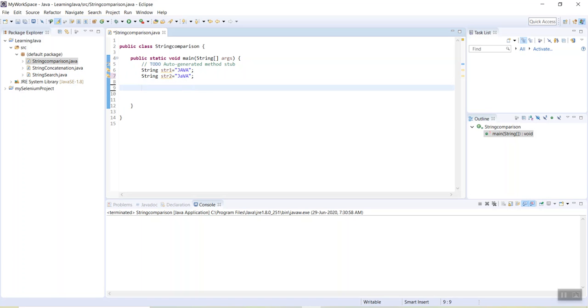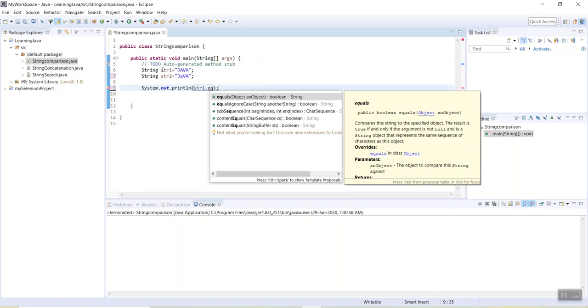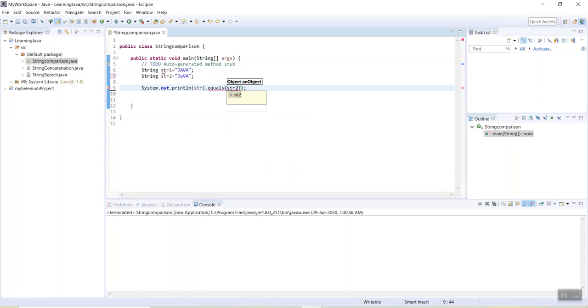So if I try to perform them, if I write something like this, string one dot equals string 2, the output in this case will be false, right? The reason is because there is a difference in the casing of one of the A in the